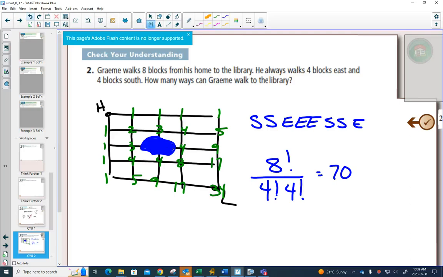Questions for practice on this one? Try number